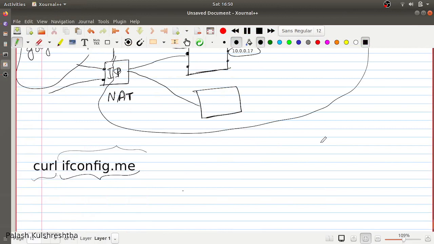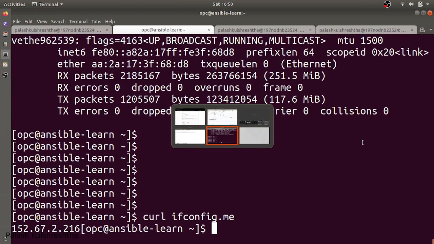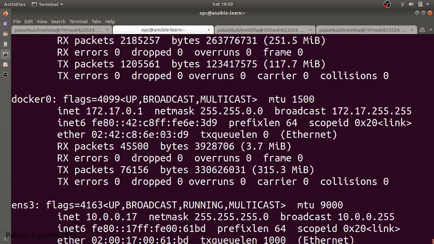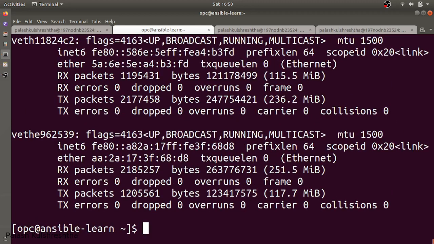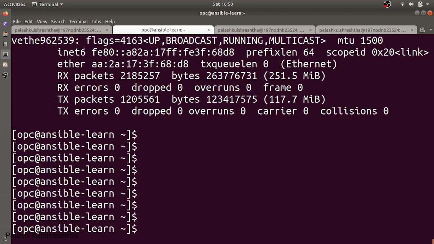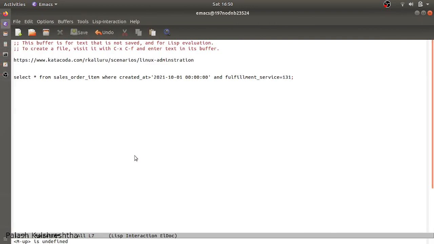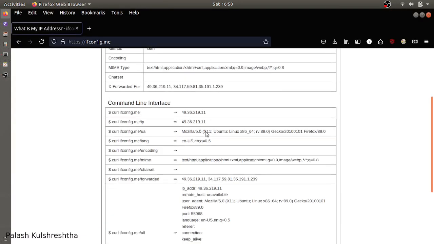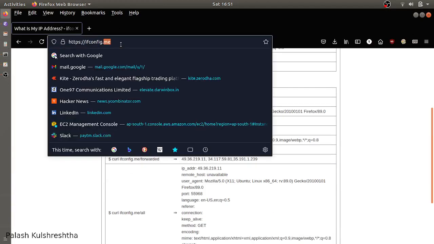But to get your private IP address, you have to issue the command ifconfig on your Linux system, and it is going to give you the IP address for each and every interface that is present on your system. And if you want to know your public IP address, you have to do curl to a particular website called ifconfig.me. There are other websites also which can give you a public IP address. So that is how it works. Yes, you can see that we get the public IP address. So this is a website which you can access.